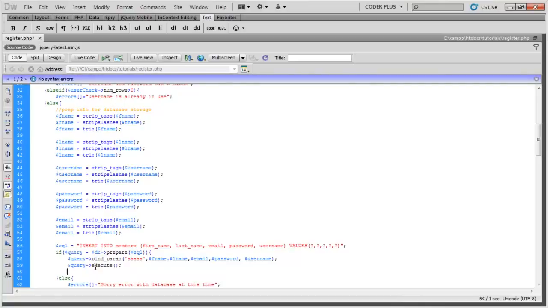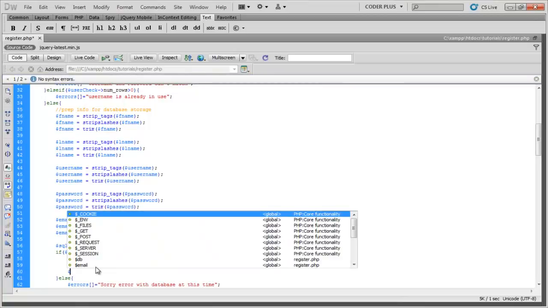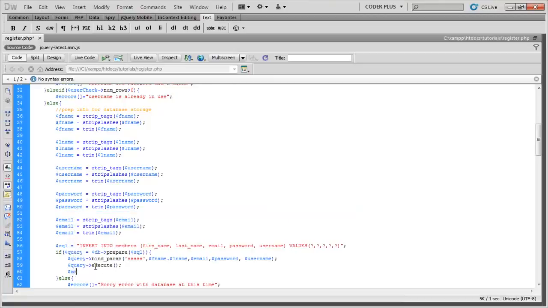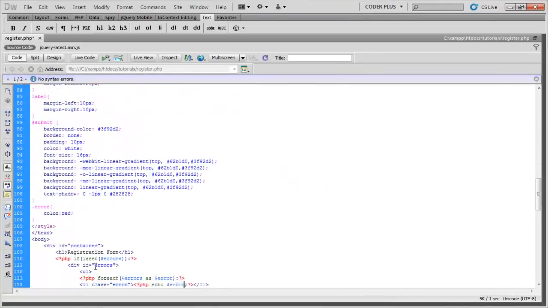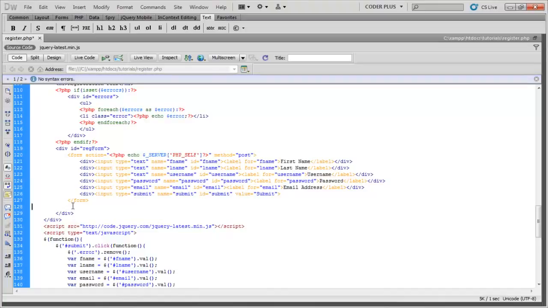So if all that goes through, let's create a variable called message equals: Thanks for registering. Your account has been created. Alright,